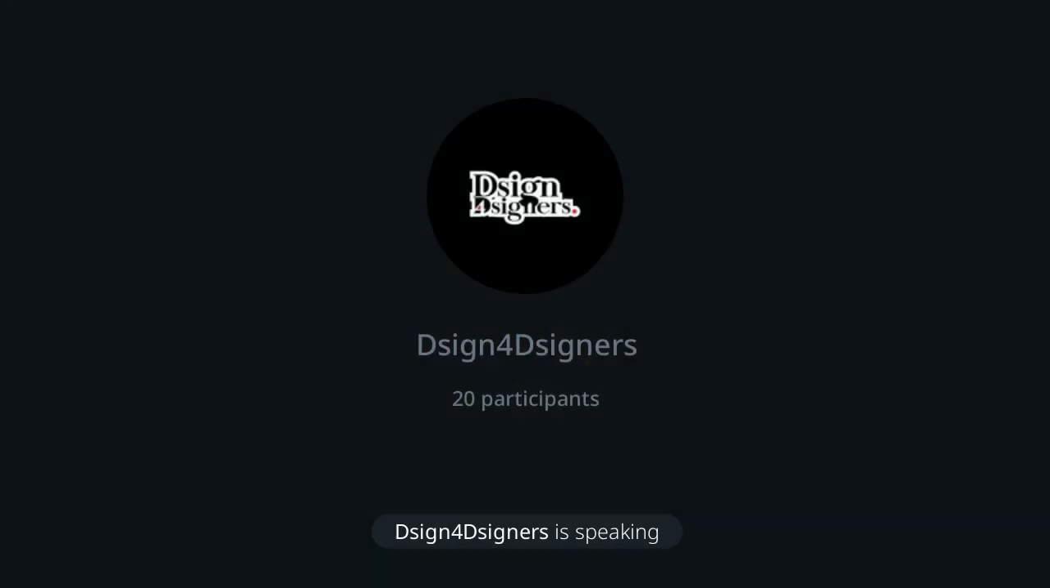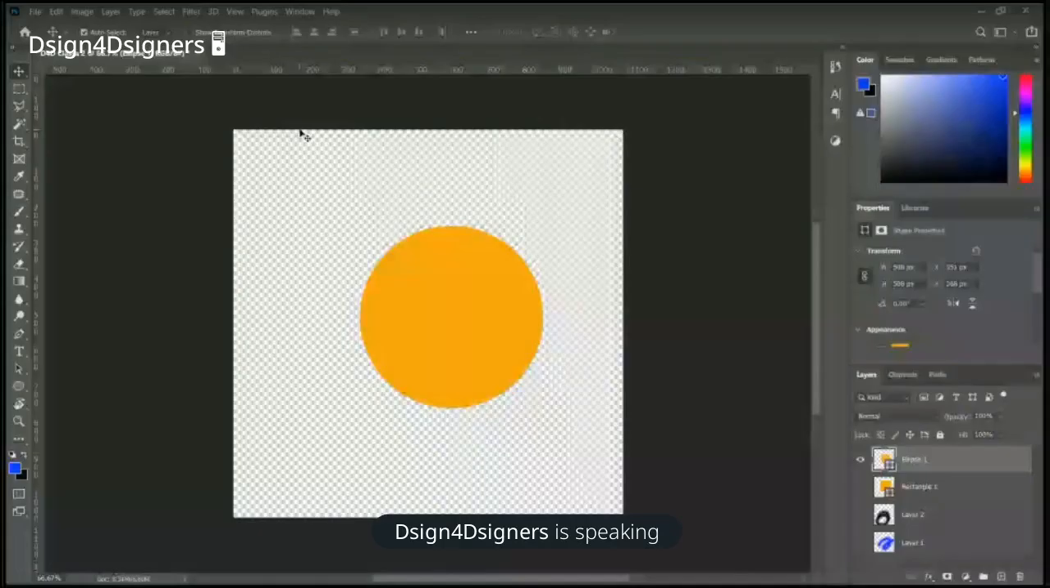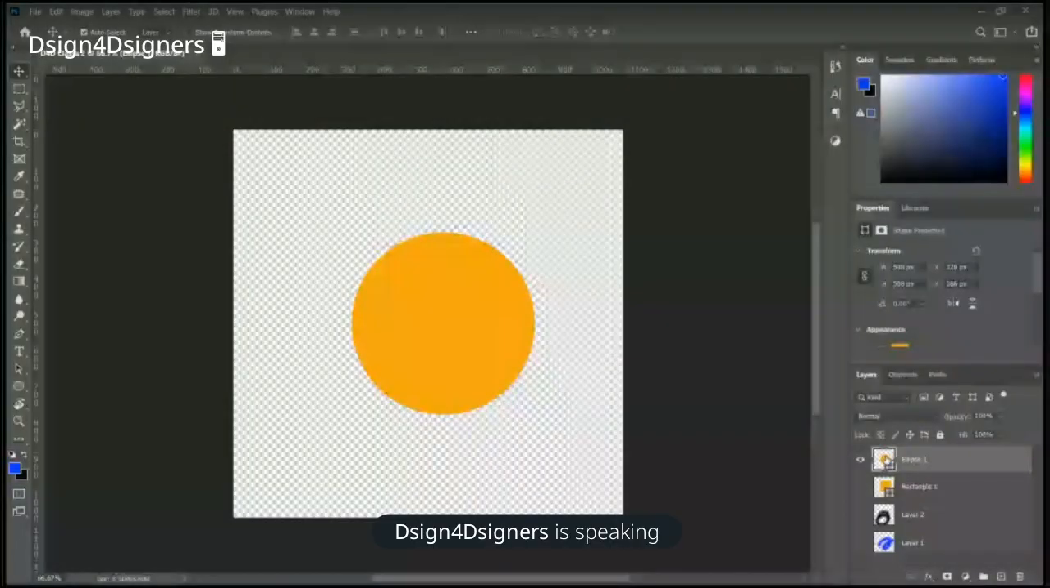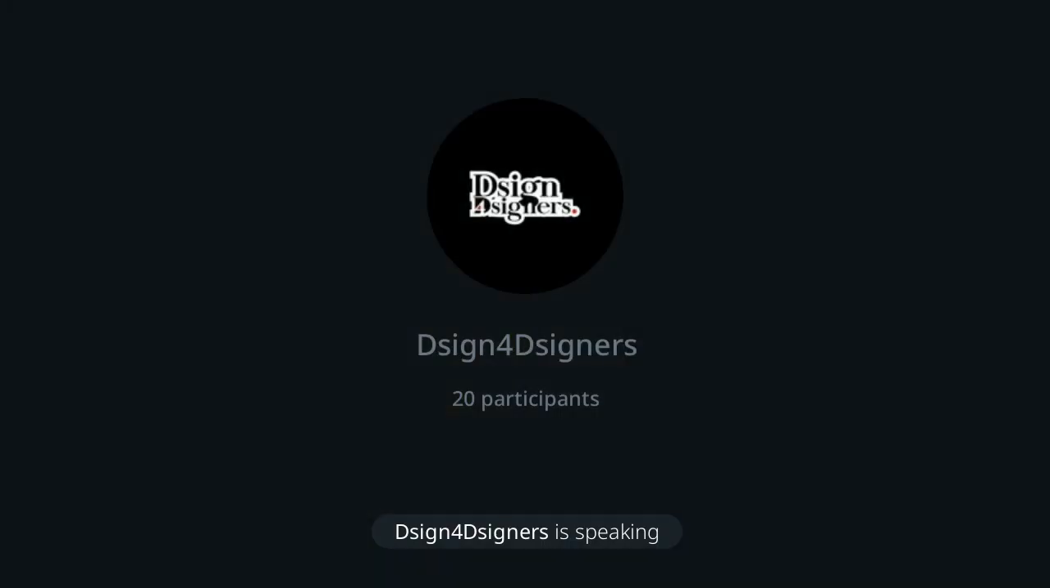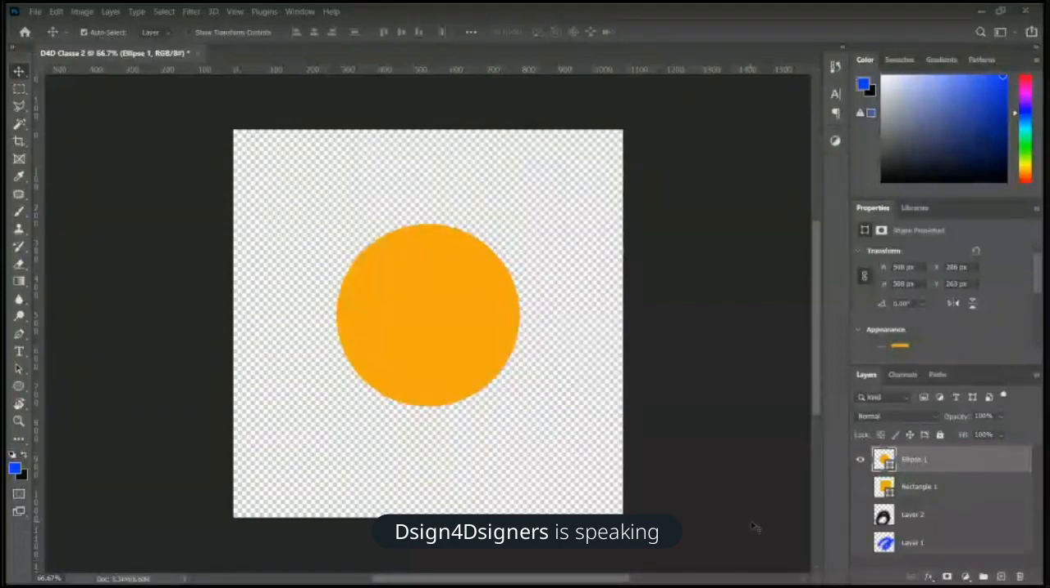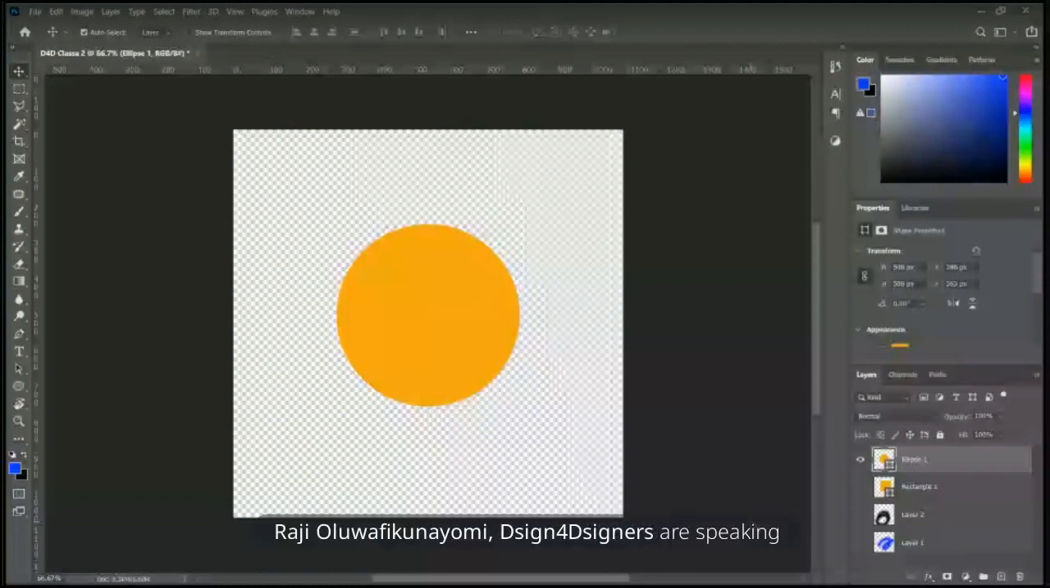So you can see, and I told you that you can easily change your color by just double clicking on the layer. You can see the layer here. Each of these shapes automatically creates its own separate layer, because you don't want to create a particular shape together with another. Once you do that, you won't be able to edit that particular shape